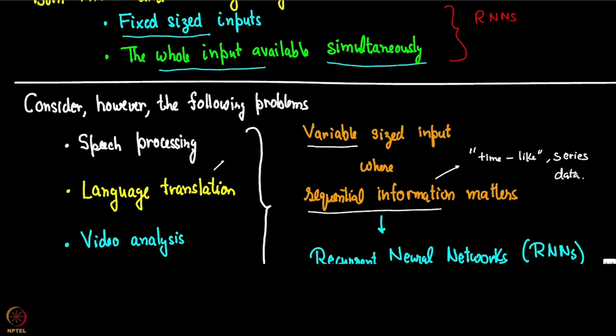Okay. Now, of course, RNNs are also used, and currently the most popular use of RNNs is in language, okay, or in what is called natural language processing. This involves series of words, like I said, translating from one language to the other. Google has Google Translate. All those applications use RNNs because words come and they are in a sequence. Also, sentences are not necessarily of a fixed size. Okay, you can have a short sentence, you can have a long sentence, and you have to translate sentence by sentence.